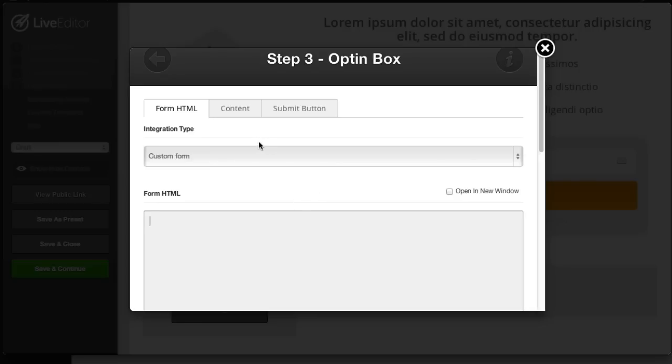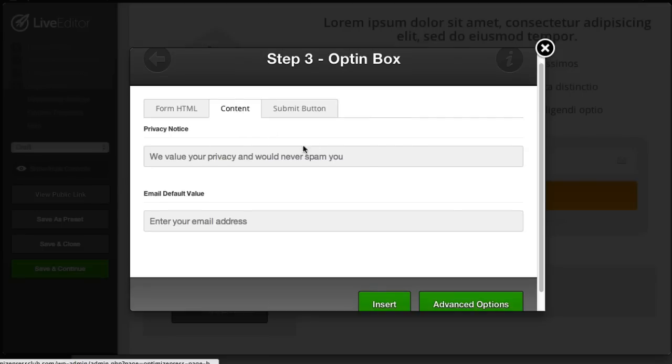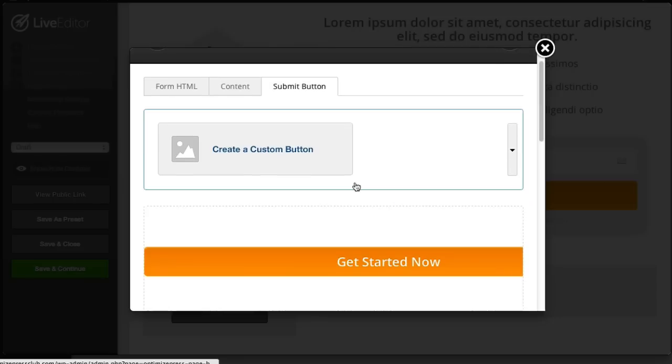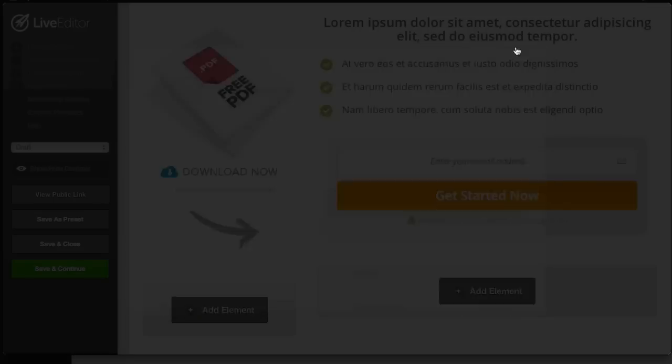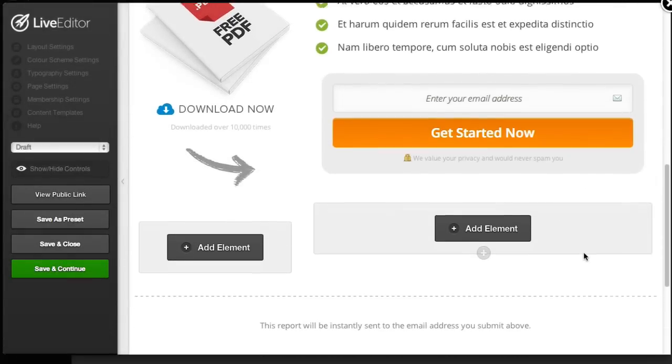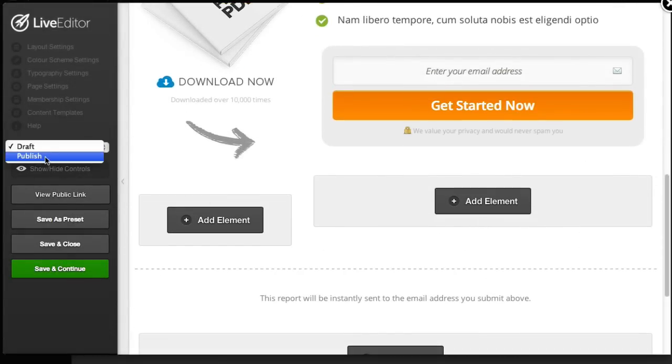The other things you can change here, you can change your spam notice, you can change the text on the email box, and you can also customize the submit button. We've already tweaked this to work really well with this high impact orange, but you can change that if you wish. And once you're happy with everything, all you need to do is set the page to published, save and close,